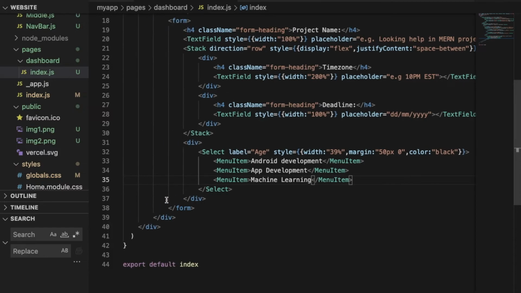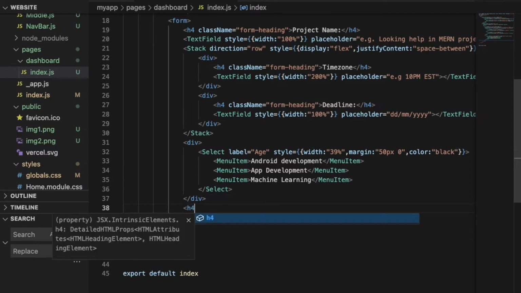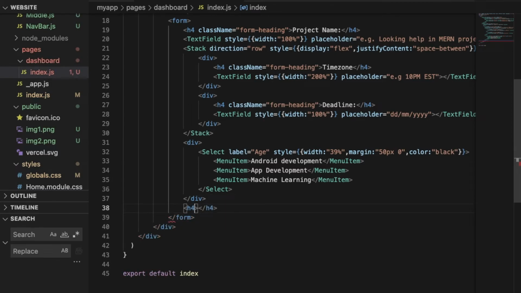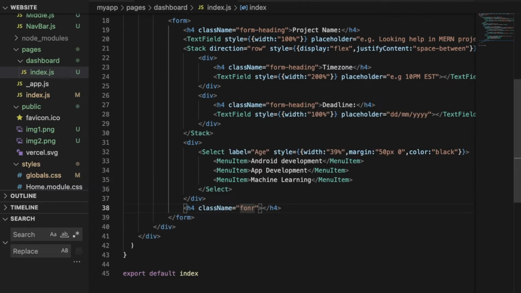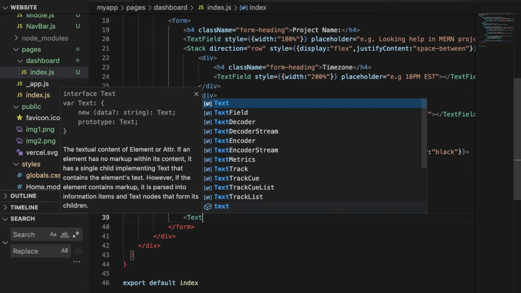And we'll close our select, which is closed there, and we'll close our div. Now we'll have a h4 which would have class name as form heading, and inside this we'll say technologies used, right? And in this we'll have a text field